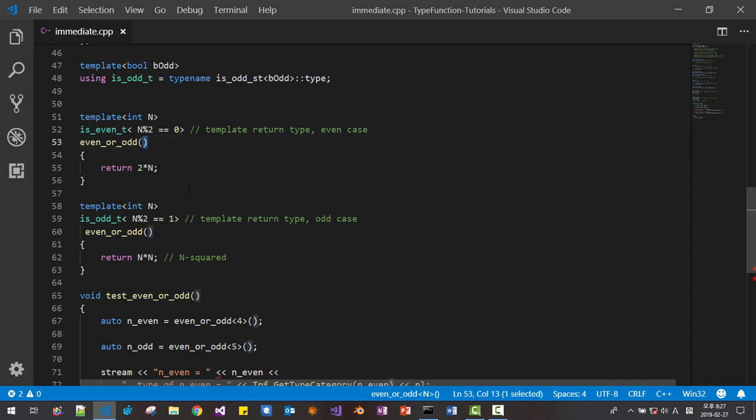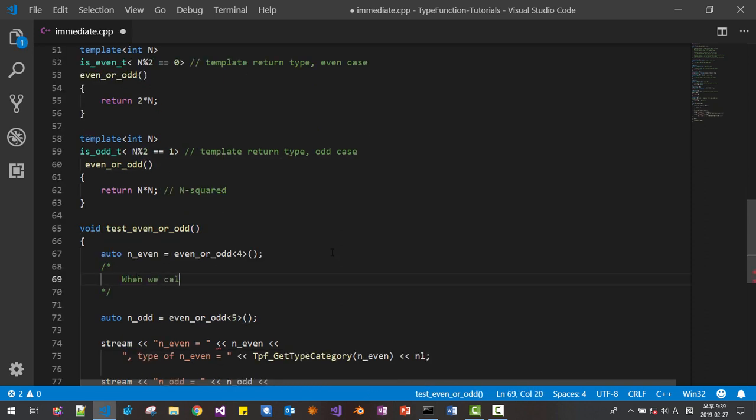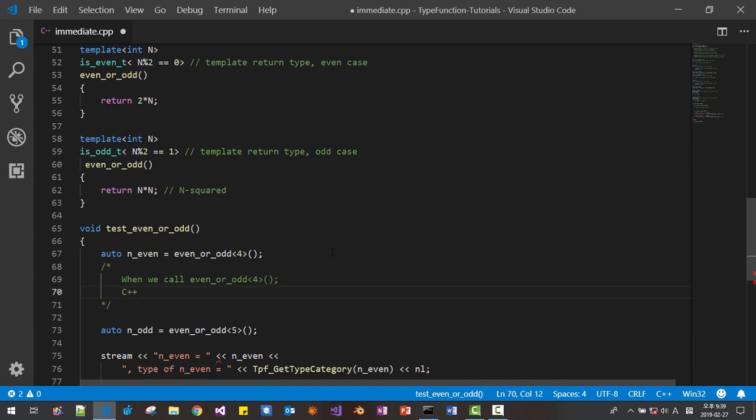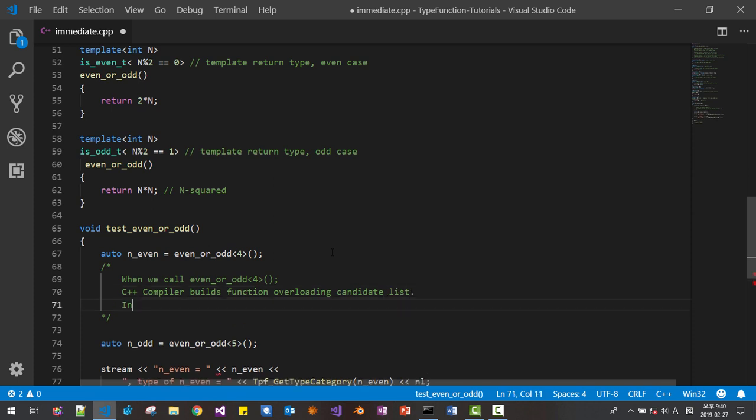How does this work? When we call even or odd for this function, the C++ compiler builds the function overloading candidates list.